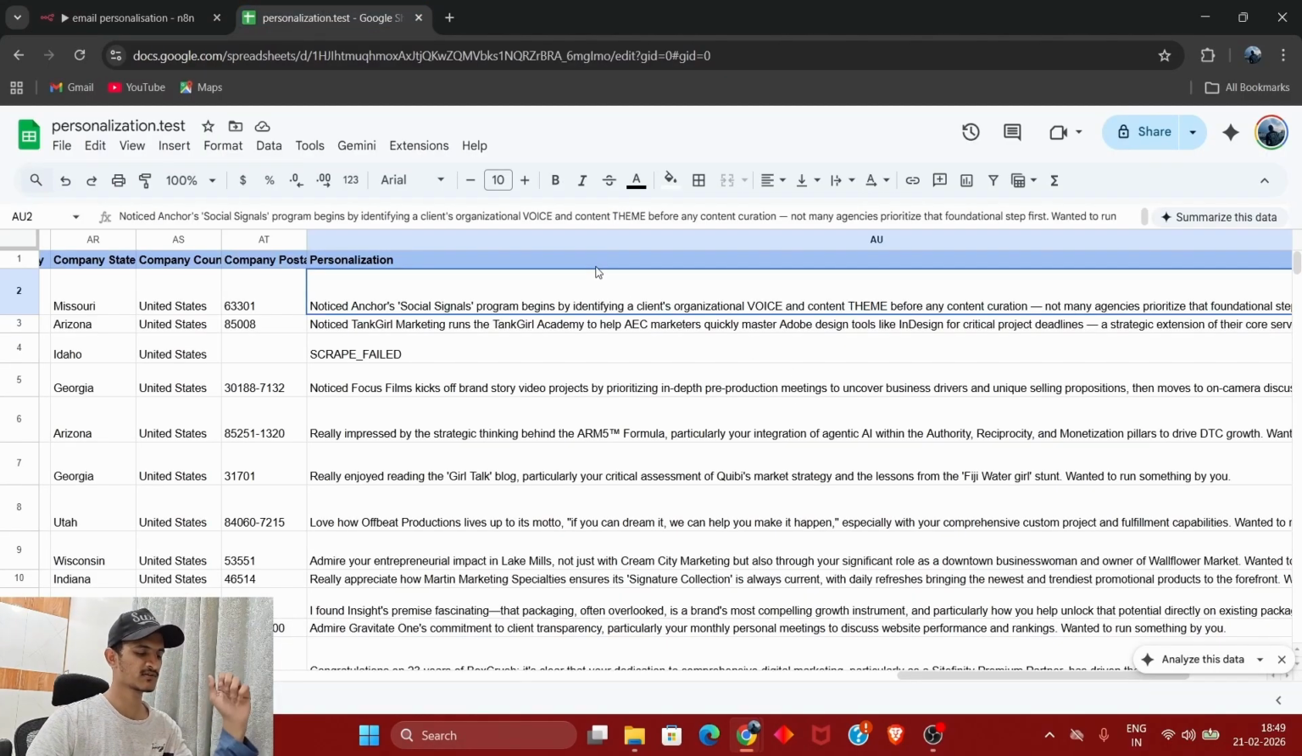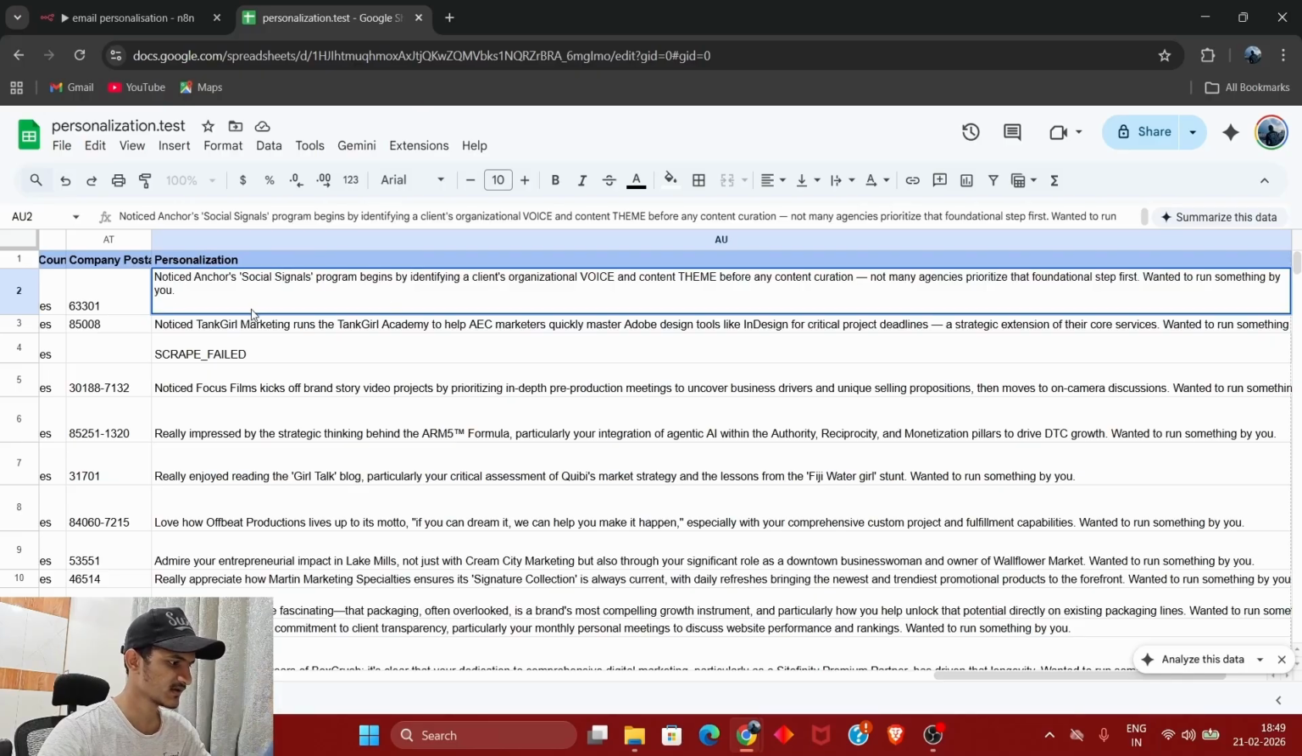Okay, now let's check out the personalization line which was created. Notice Anchor's social signal program begins by identifying a client's organizational voice and content theme before any content curation. Not many agencies prioritize that foundational step first. Wanted to run something by you. So this personalization is